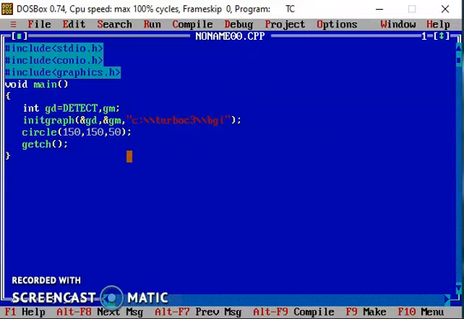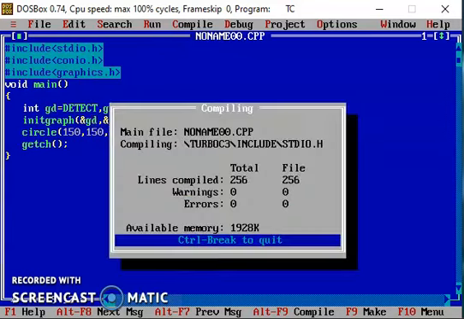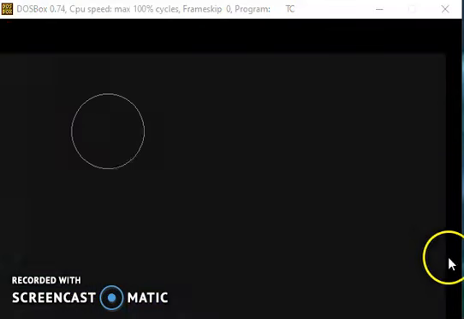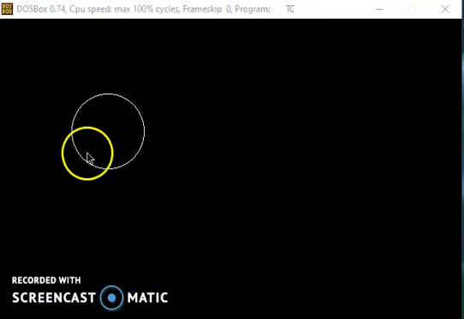So this is the first program, and if we compile and run it, we see this is the output. This is the center point of our circle. Here is the origin, the x0 and y0 value.